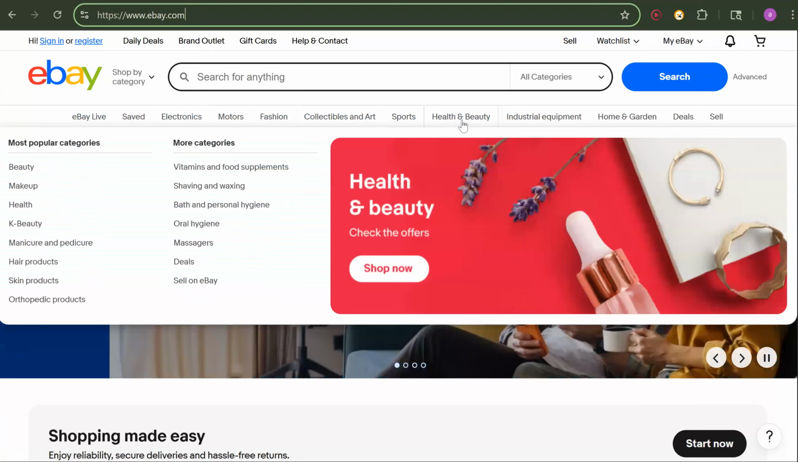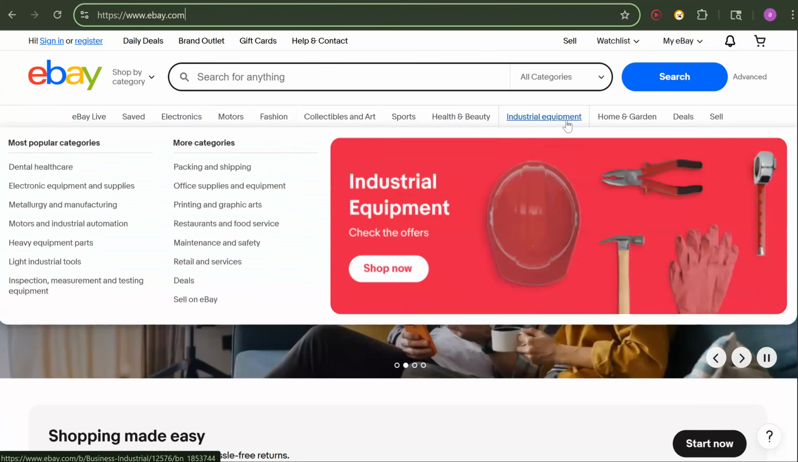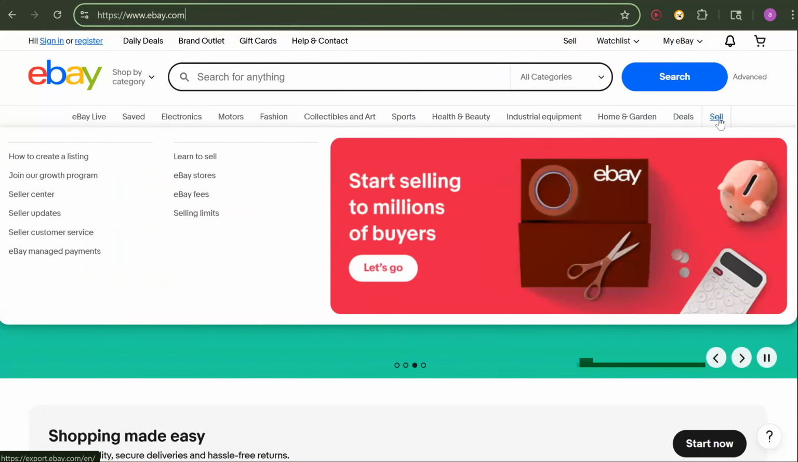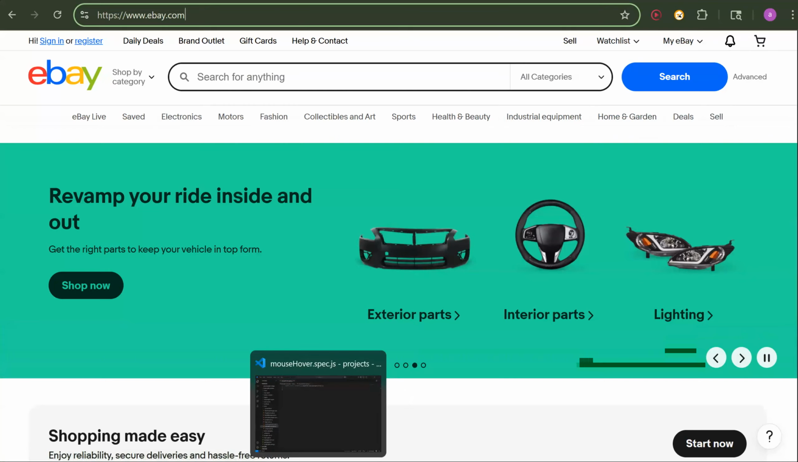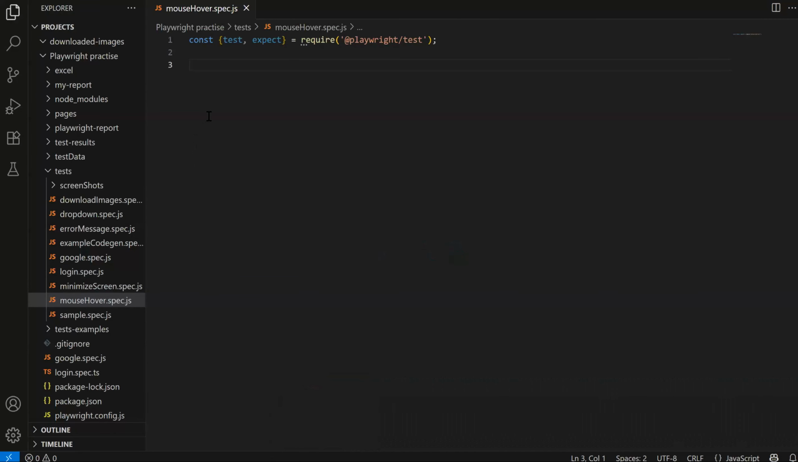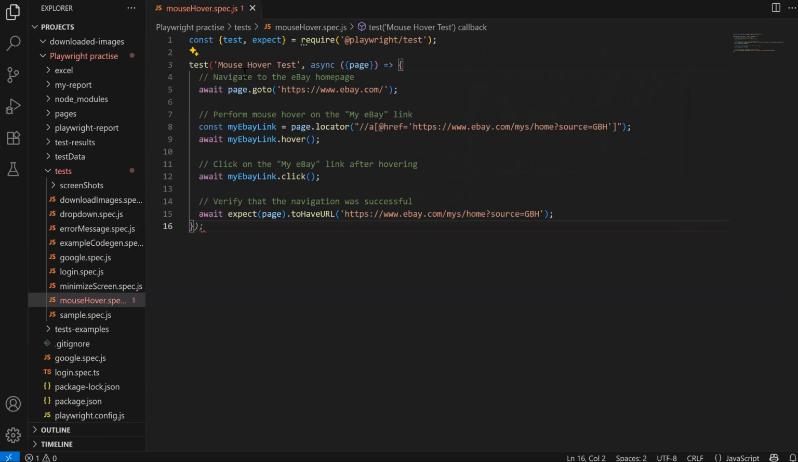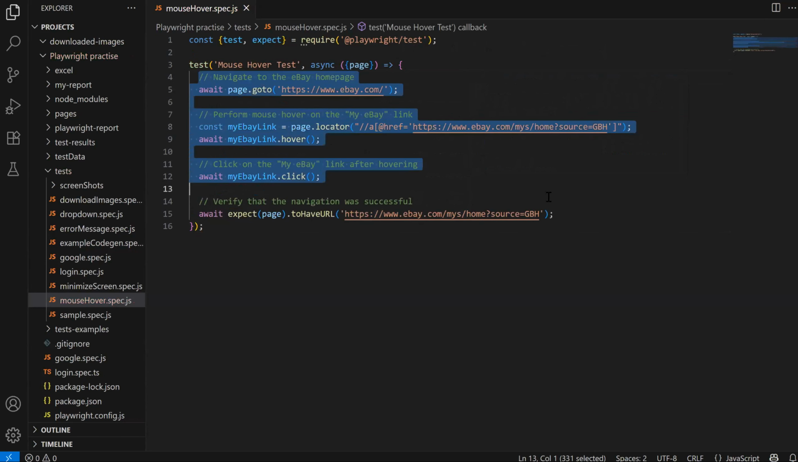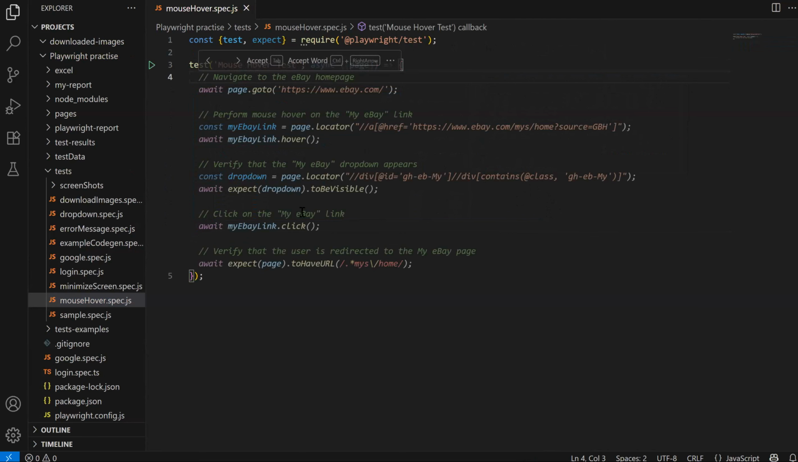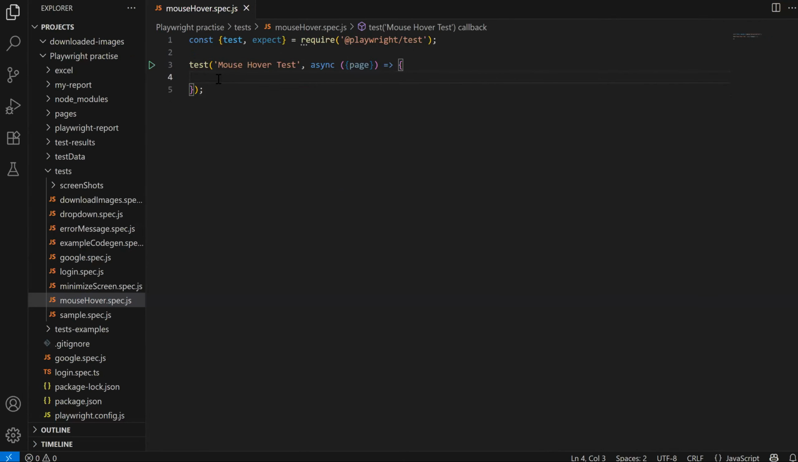So now we will learn how to automate these hover actions. So let's get back to our test case. I have already created a file mousehover.spec.js. I'm going to write the test. Test name is mousehover test. I'll just remove this auto-generated code. The first step is we have to go to that URL, which is ebay.com, and